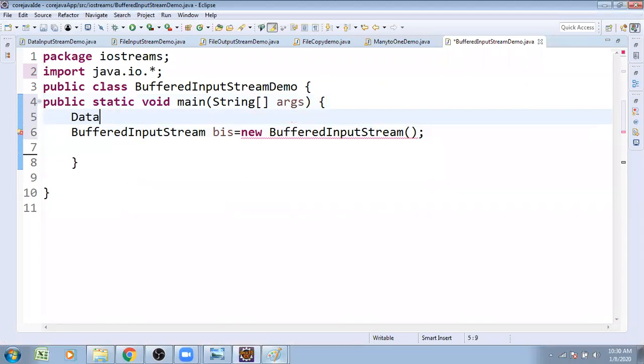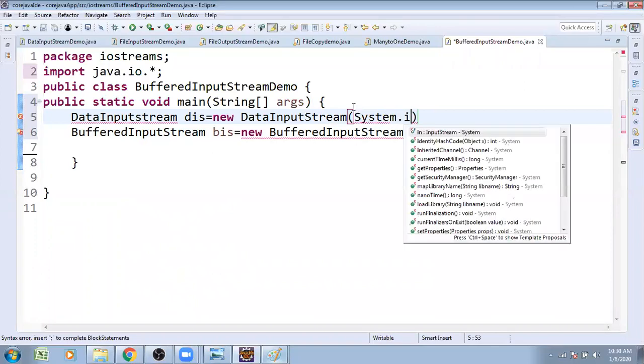DataInputStream. DIS is equal to new DataInputStream of resource System.in.